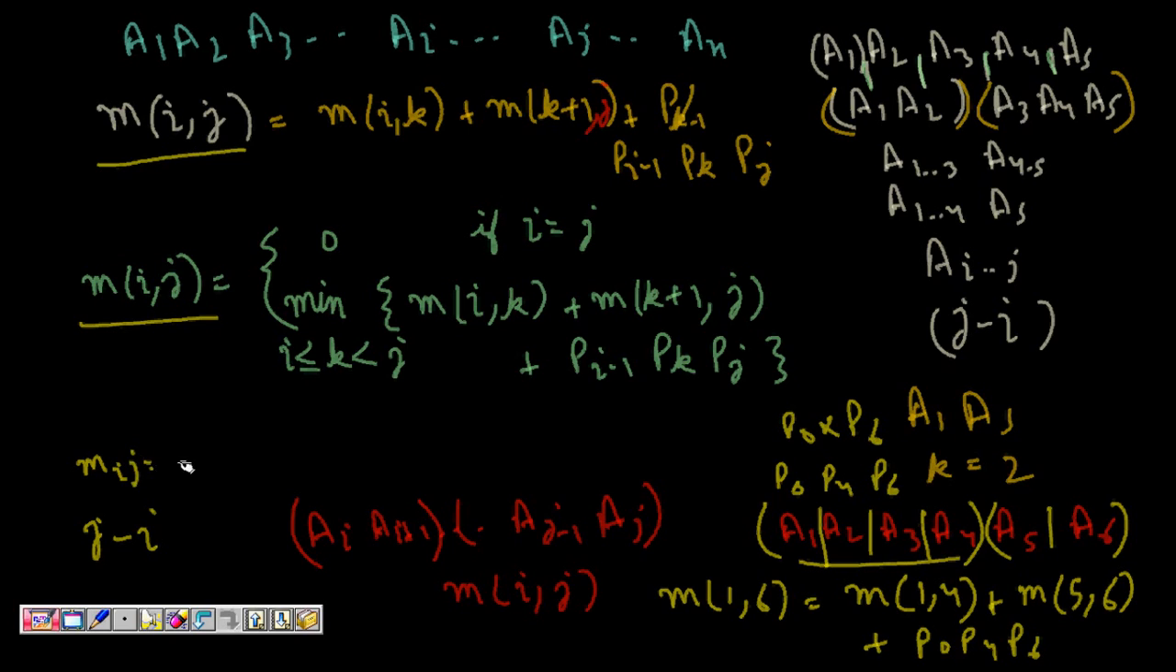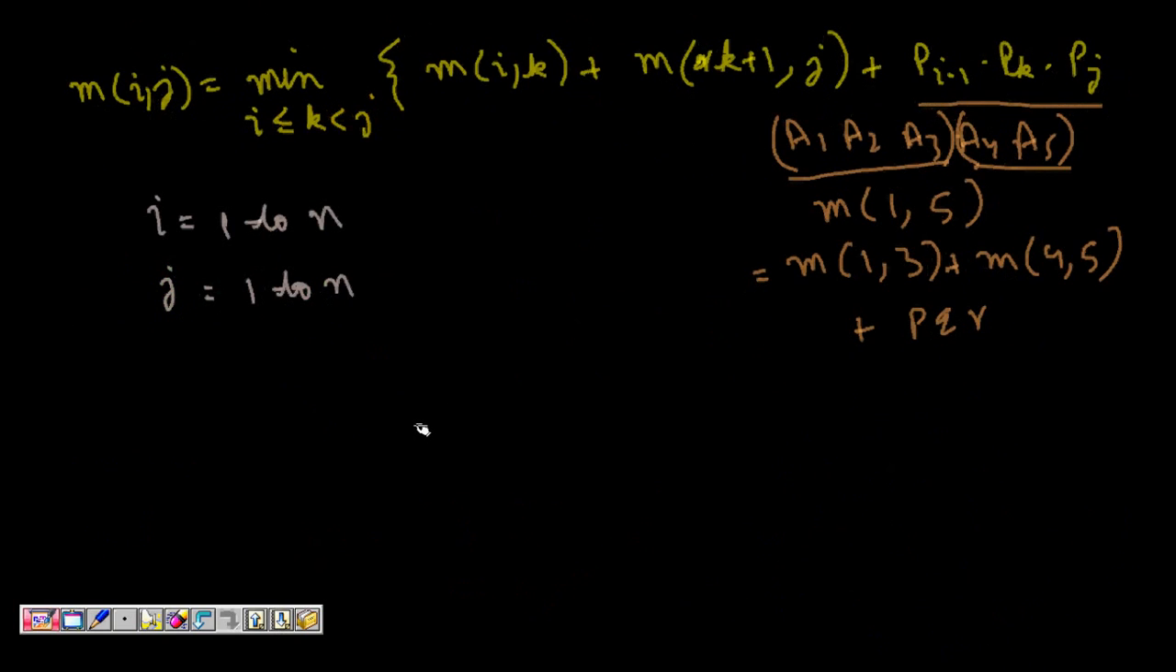Mij will be 0 if i is equal to j, or it is the minimum of Mik plus Mk plus 1 comma j plus Pi minus 1 Pk Pj, where i is less than or equal to k is less than j. So these are the number of ways to put a bracket, j minus i ways, and I find the minimum of all, and that will be the best parenthesis. So now let's take,